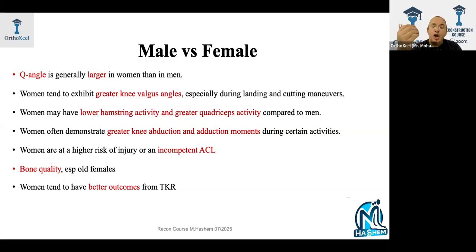They have low muscular balance, or you can say less muscle coordination. They have lower hamstring activity and greater quadriceps activity. So actually the knee in the females is not that balanced like a male. The hamstring is weaker, the quadriceps is stronger, so it tends to anteriorly translate the tibia, and that's why